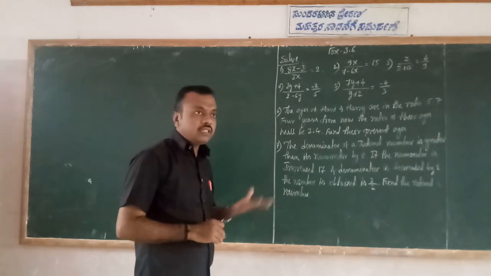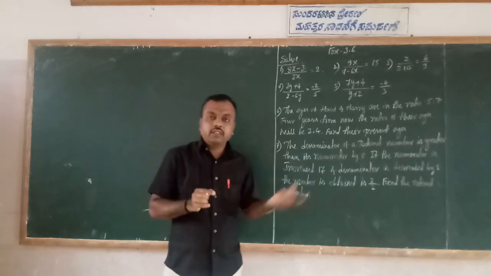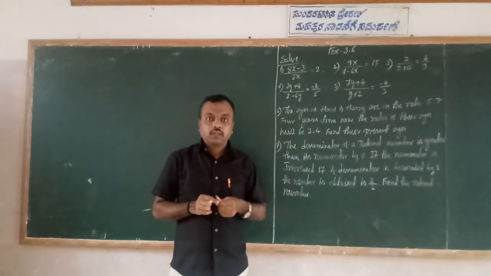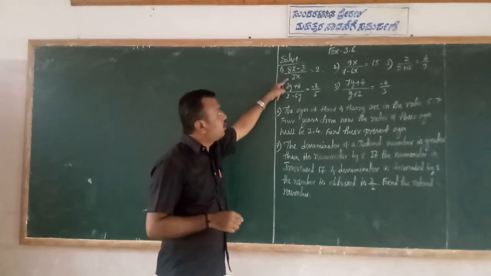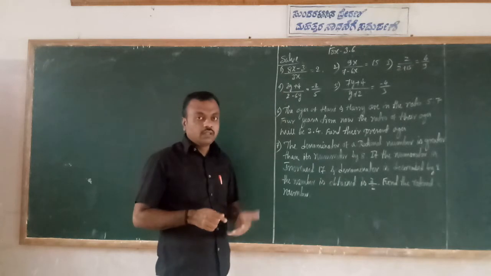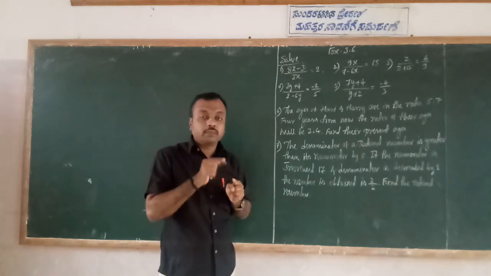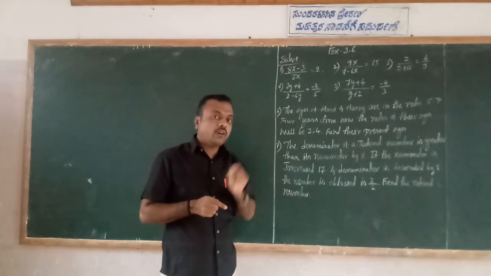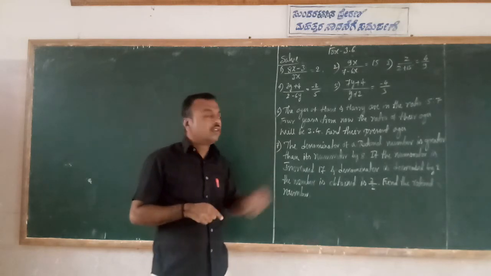In the previous classes the equations were given in the general form, and we had to find the x value. But here they are not given in the general form, they are given in a complex form. So we have to reduce them to the form ax = b, or ax + b = 0. So let us find out.